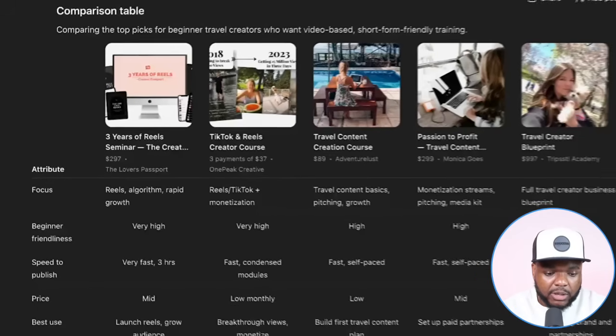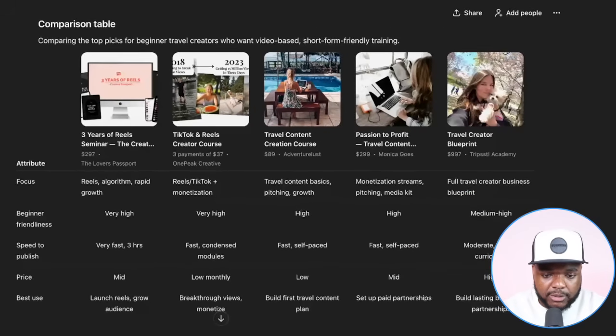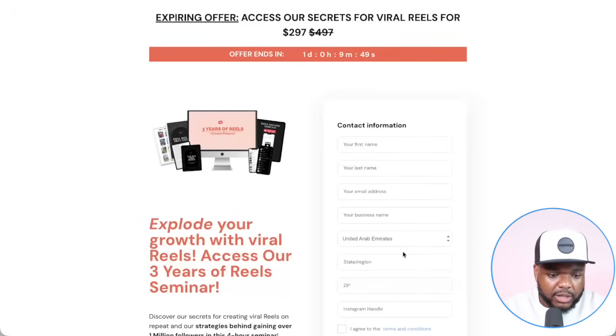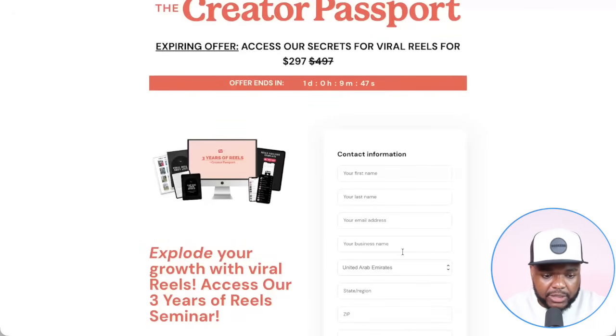And there we go. It's now come back with all of these different options when it comes to all of these different info products where people can now click into it. So let me click into this one. And it's instantly going to take the person directly to the landing page where they're going to be able to